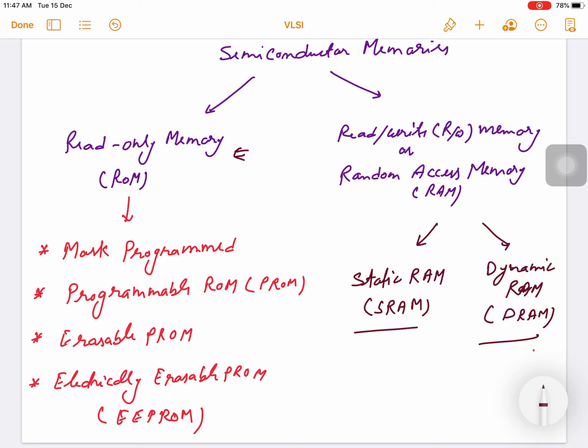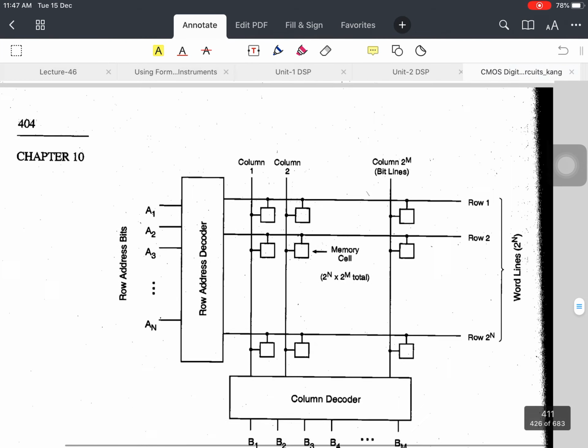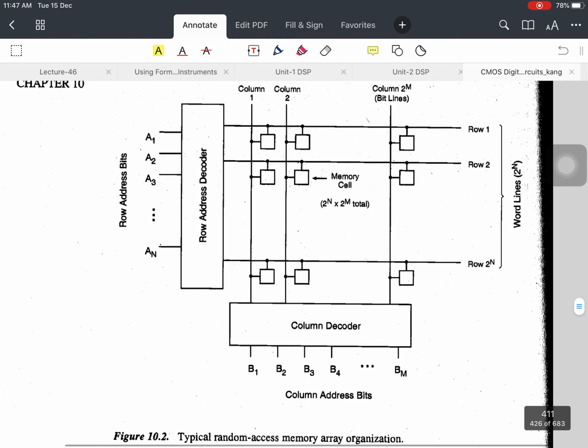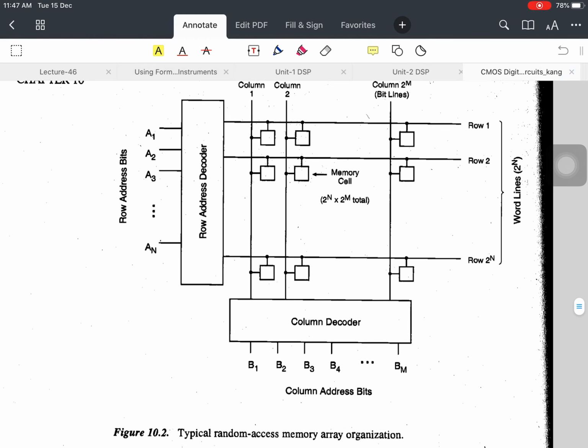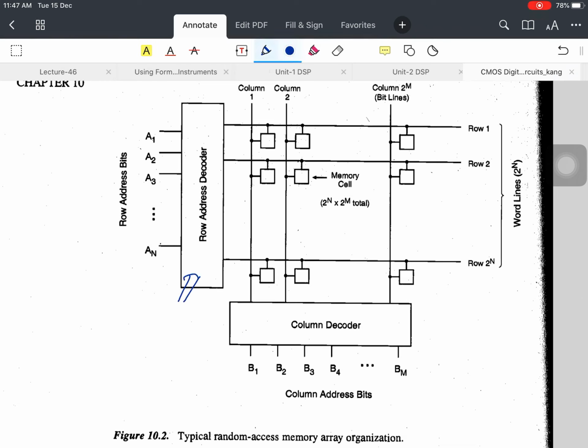Now, if I talk about the basic structure of this memory part, this is the basic structure of a typical RAM. Here you can see the row address decoder and here is the column decoder. From here you can find out the location of the memory cells. You can see the rows A1, A2, A3 up to AN. Columns are column 1, column 2 up to 2 to the power m